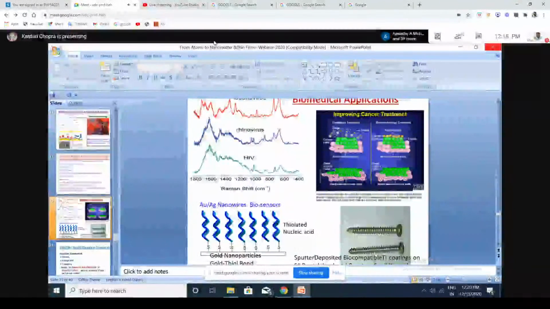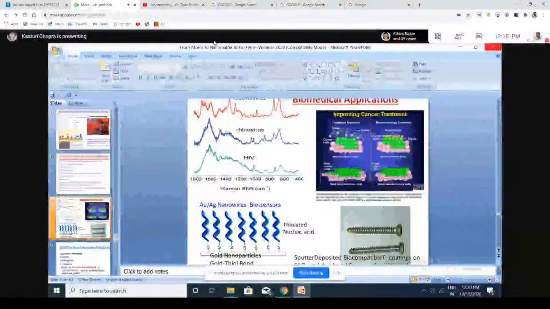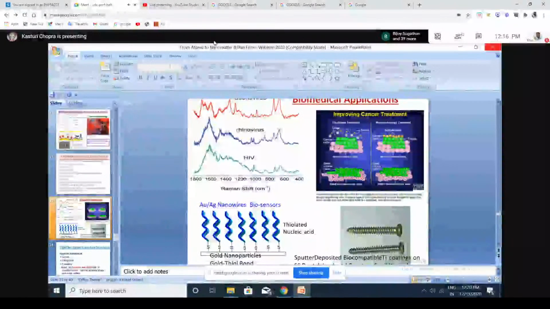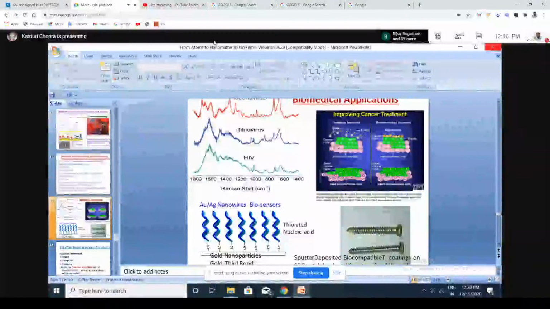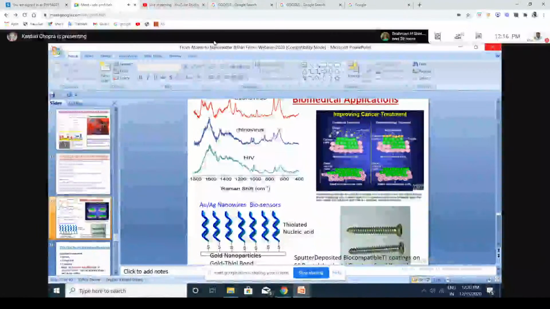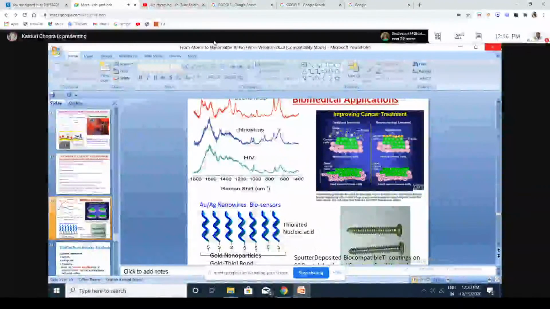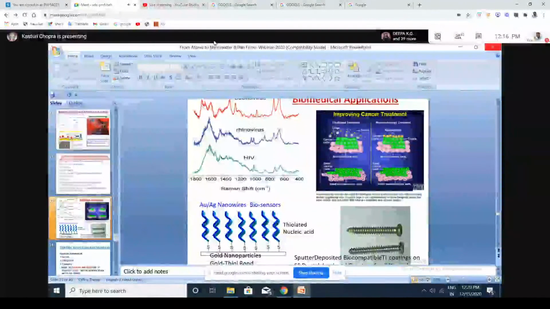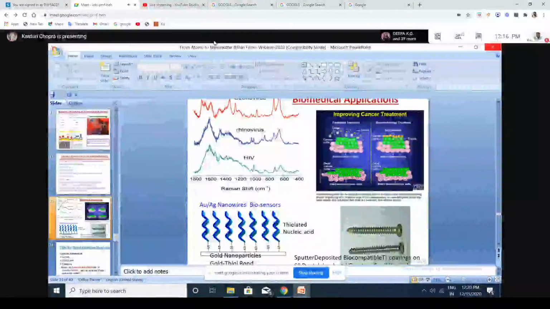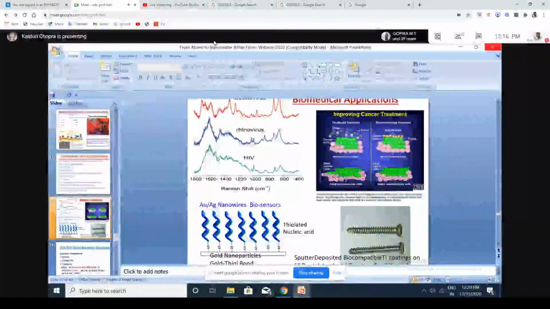And so this has become a very major tool today in biotechnology. And you can make biosensors. You can detect a whole variety of viruses, for example. On the right side, I show you here a sputter deposited biocompatible titanium coating. This is one of our students who has a company in Australia. You see, you use a lot of these things, for example, in your teeth. Those who can afford it, you know,